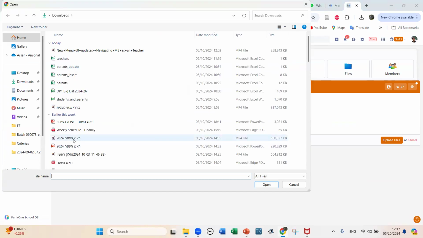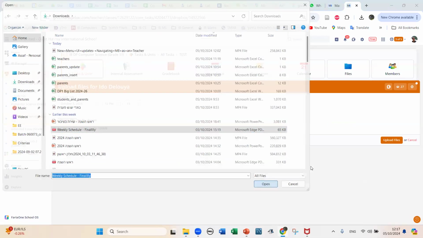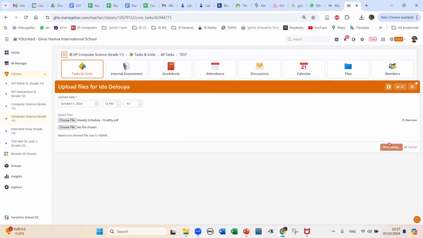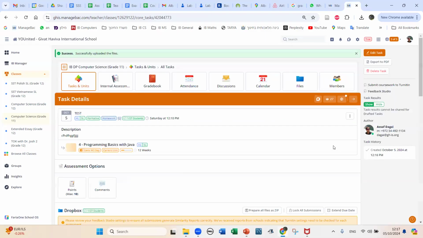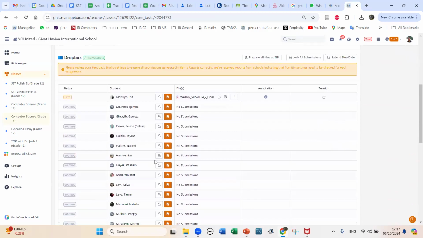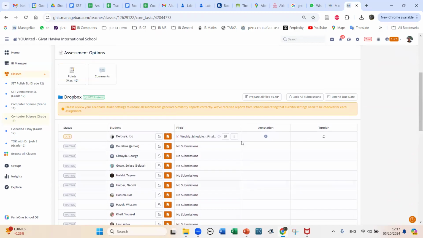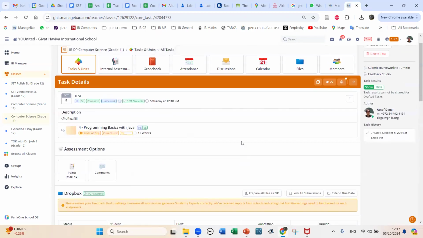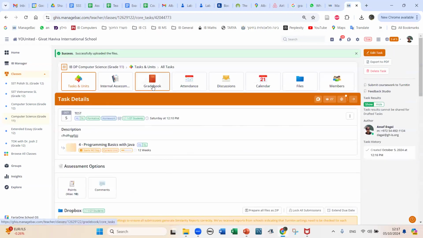Okay. So this, and he submits it. Upload files. Okay, so you can see this is submitted now, and the Turnitin will check it and actually give you an indication of what is going on. When done, you can go to gradebook